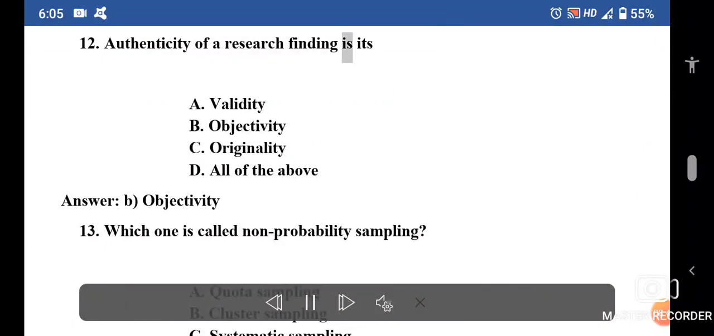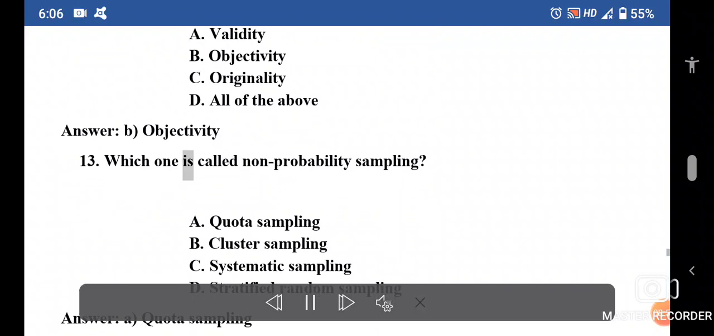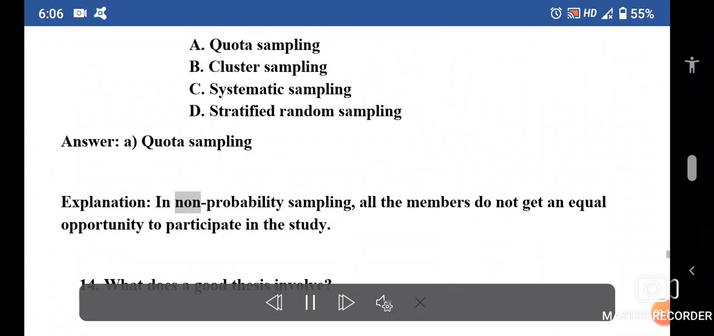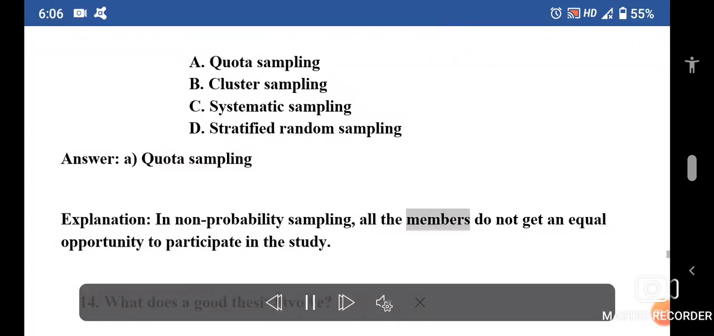Authenticity of a research finding is its validity, objectivity, originality. All of the above. Answer B. Objectivity. Which one is called non probability sampling? Quota sampling, cluster sampling, systematic sampling, stratified random sampling. Answer A. Quota sampling. Explanation: in non probability sampling, all the members do not get an equal opportunity to participate